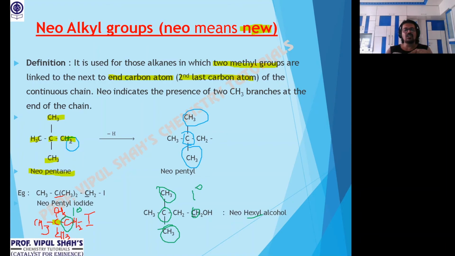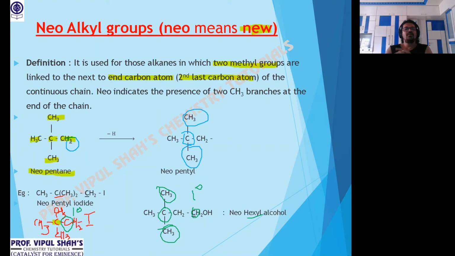Iso: the branch carbon is attached to two similar alkyl groups. Iso minimum starts from propyl onwards, because it is attached to two similar groups, that is two methyl, so minimum 3 carbon. Iso nature is always 1 degree, but iso becomes sec whenever the branch carbon is attached to two similar alkyl and the functional group is directly attached.